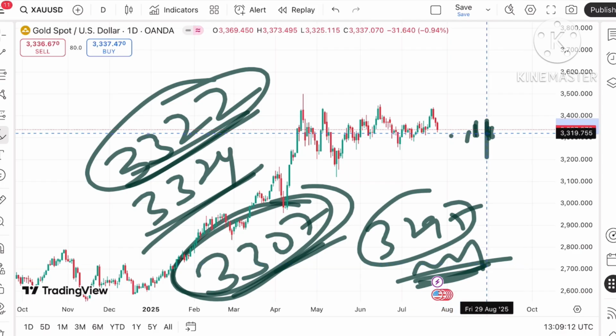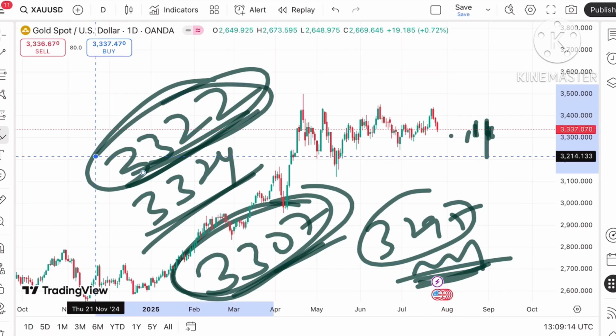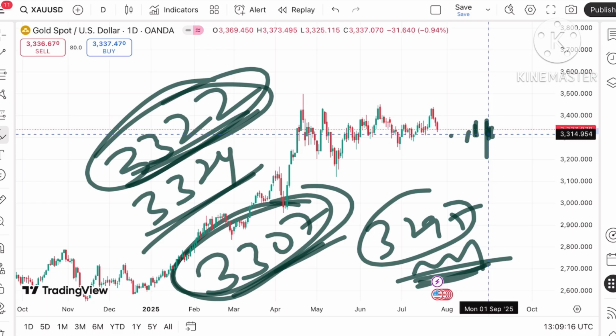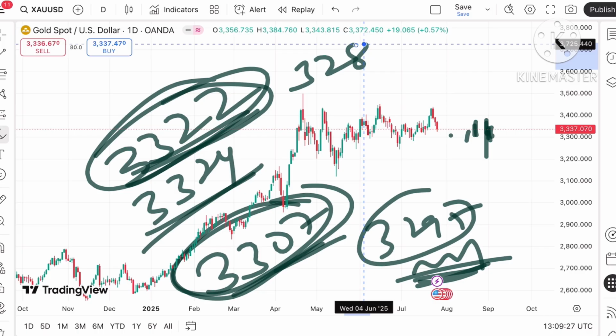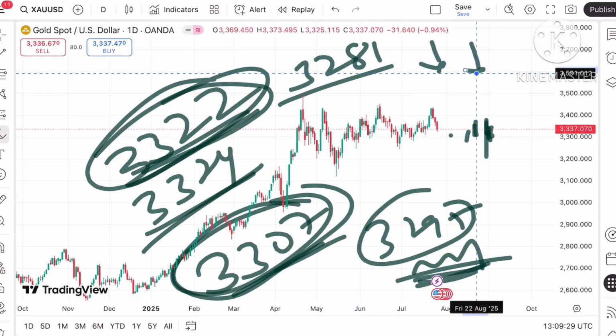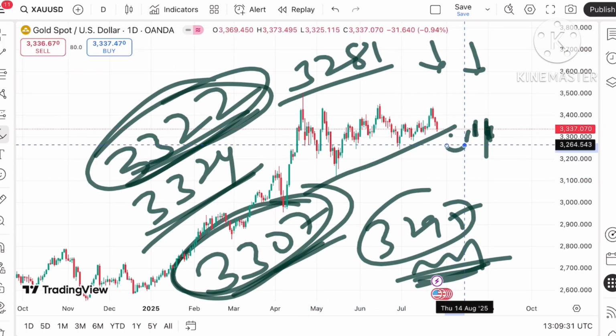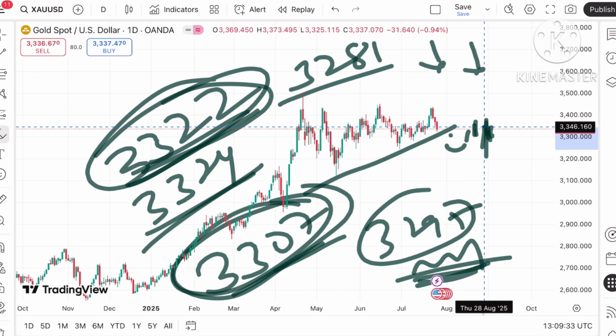So we can see it is a crucial point that if the price starts going below 33.22, a further downfall can be expected towards 33.00, and if that goes below that level, we can see 32.95, then a level of 32.88, and if the price falls below this level, it can touch a level of 32.81, and then a further downfall can be seen. Okay, but if it starts sustaining this level, it can go further upside towards